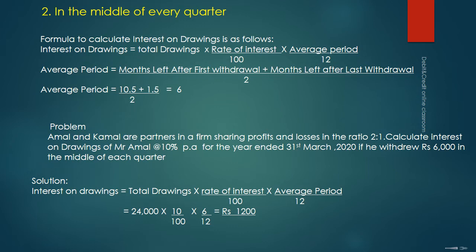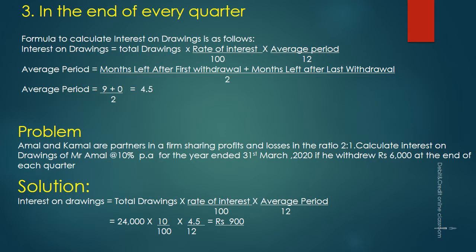That will be equal to 6. Next, in the end of every quarter. In this case, we are withdrawing the amount at the end of every quarter. So, if the accounting period is from January to 31st December, then at the end of March, the first drawings will come. So, to calculate the average period, months left after the first withdrawal will be 9, because from April